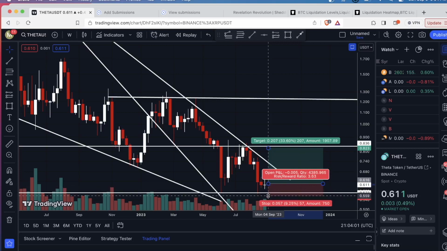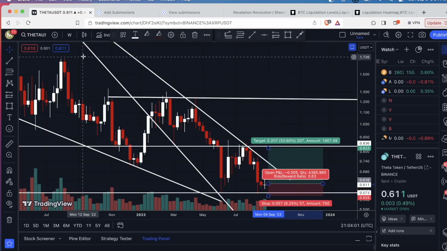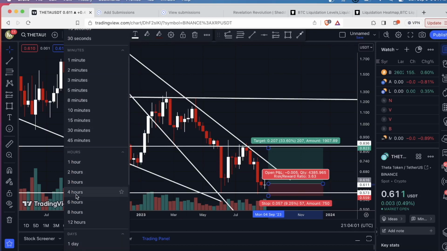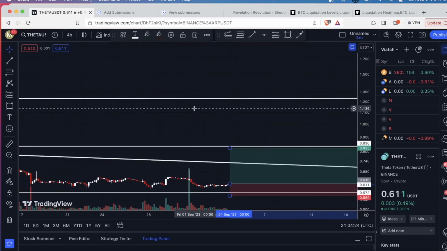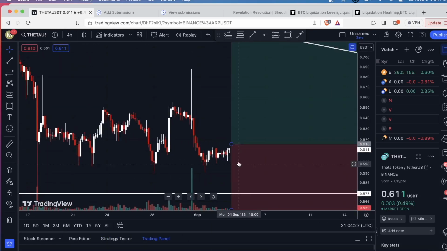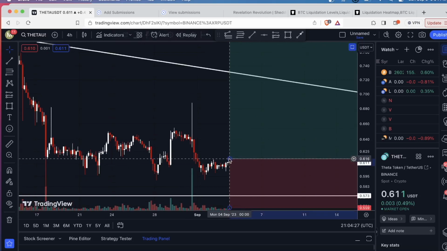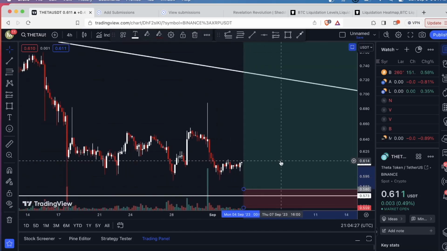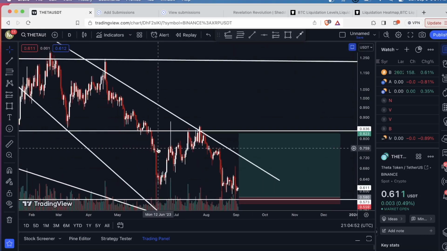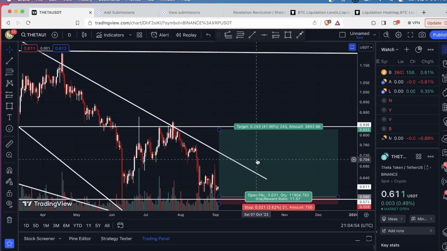Now, ideally, I wouldn't want to enter where we are right now. This is something I would just keep an eye on. It's more optimal because I don't really want to risk almost 8% on the trade. What I would do is I would just patiently wait to see if the price comes back down to this support level. And then if I could get a long entry around here, well, that makes the R&R a lot more juicy, right? So if I go back out to the higher time frame and get a broad view perspective on this,